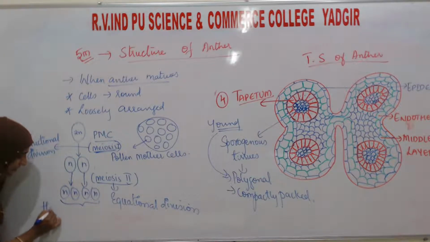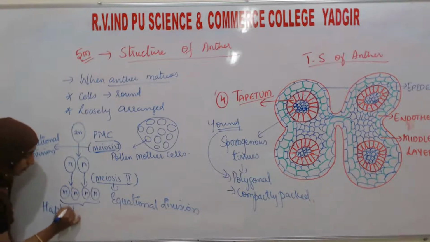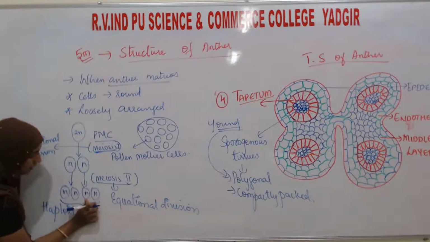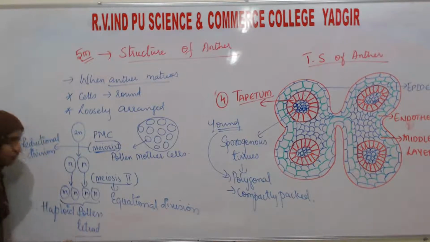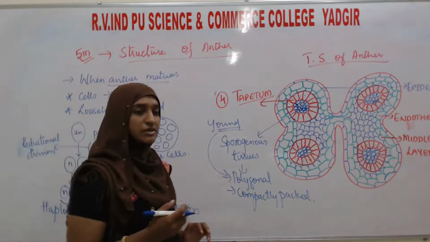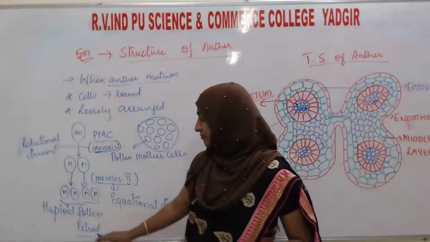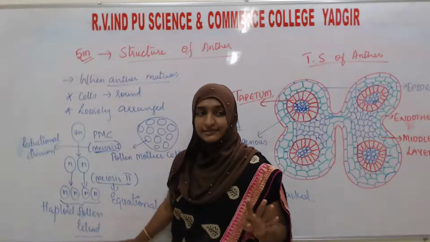This is known as the haploid pollen tetrad or spore tetrad. Better we can write pollen tetrad. Tetrad means the 4 cells. So after 2 divisions of the pollen mother cell, it is going to form the haploid 4 cells, that